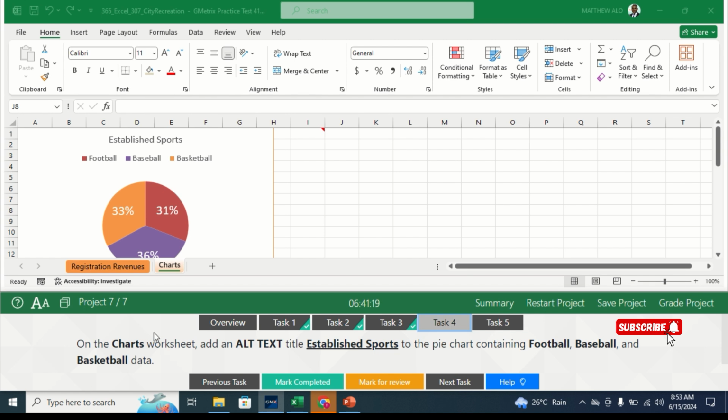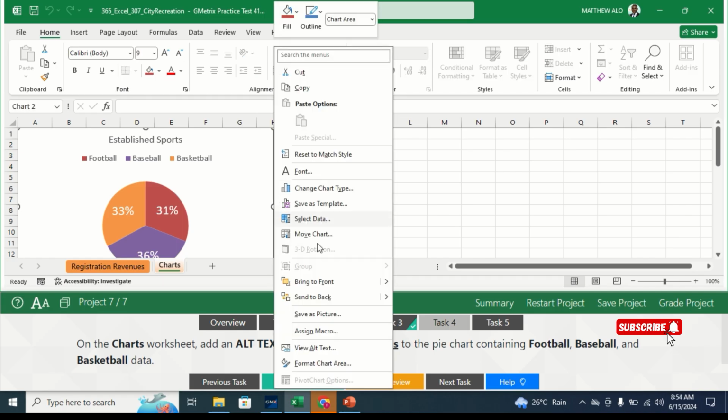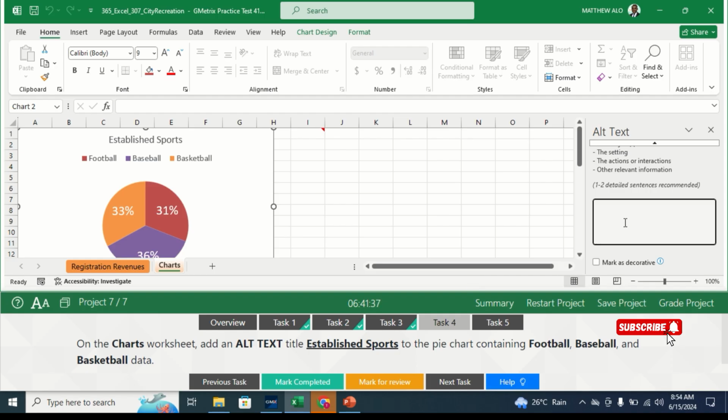Okay, so go to the pie chart, the charts worksheet. So here's the charts worksheet. Just select it, and to add alt text, just right click and select View Alt Text,